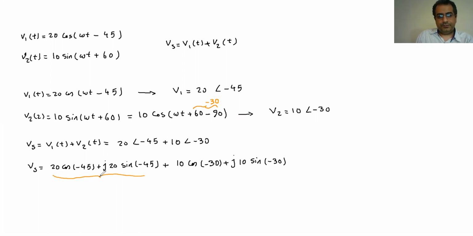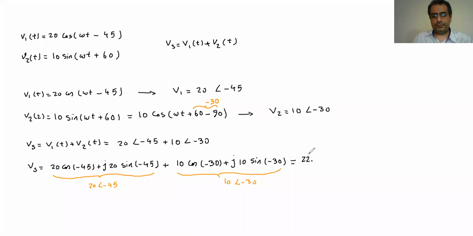This one is 20 at negative 45, and this one is 10 at negative 30. And then if you simply add all the real parts together and all the complex parts together, what we are going to get is